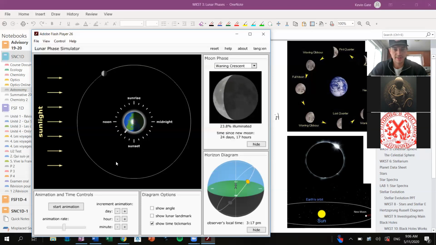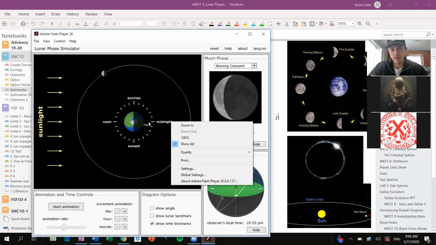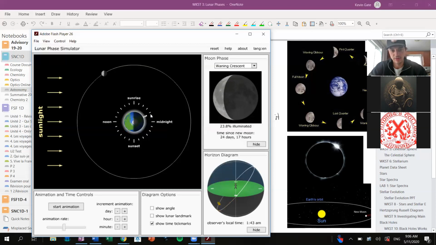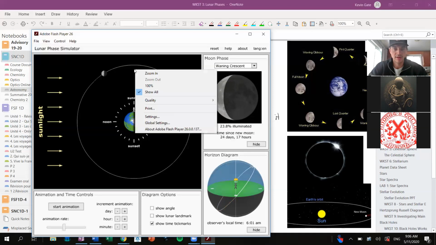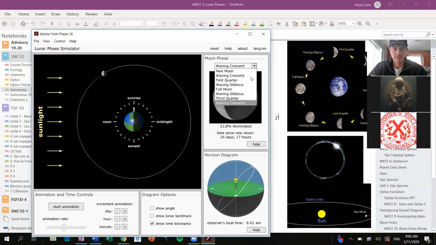And as the sun sets, you'll notice you don't see much of the moon during the evenings during a waning crescent. The moon rises as we near the early morning, just after midnight. And as the sun rises, the moon stays at sunrise. Okay? And you'll notice for different phases,